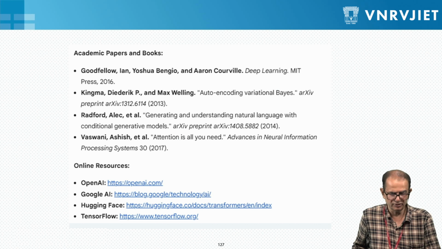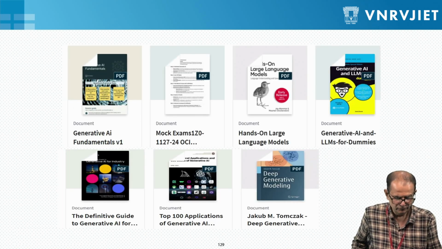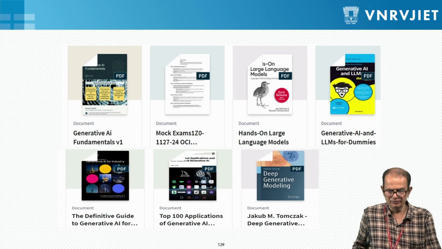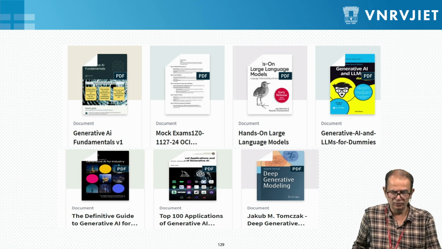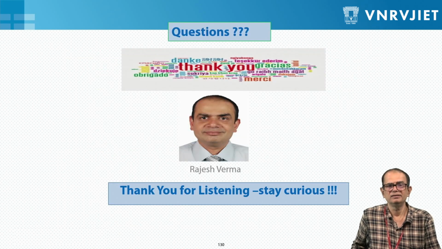Okay, these are some of the references. These are some of the academic papers. I strongly encourage you to go to these particular sources and have a look at them. Okay, these are some of the books which are there. Basically start with what is generative AI, and then subsequently we go ahead, and there are a lot of books, including O'Reilly books, that we can use to learn about LLMs and generative AI.